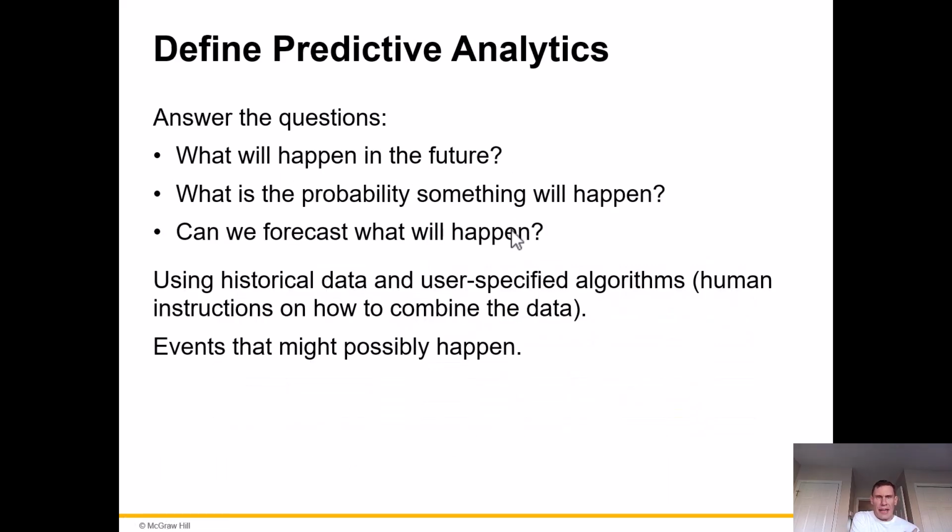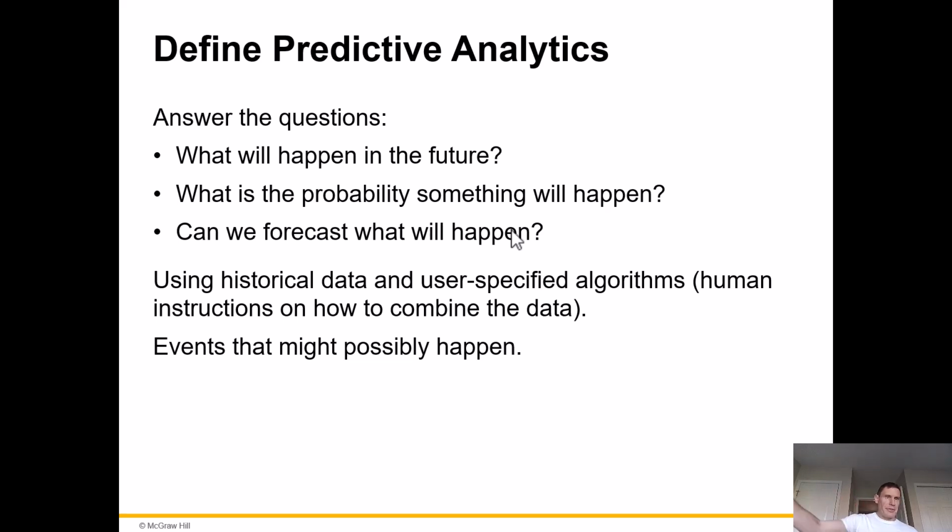As far as predictive analytics go, they're going to help us answer questions such as what will happen in the future? What is the probability something will happen? And can we forecast what will happen? Using historical data and user-specified algorithms, human instructions on how to combine the data, we can think about,